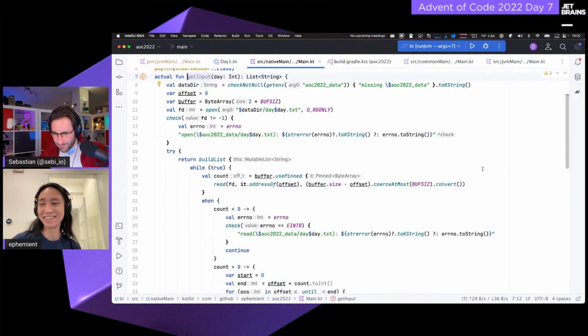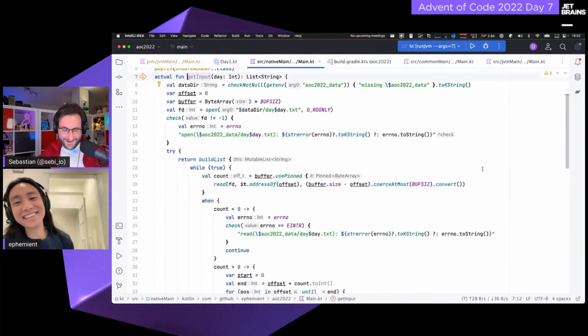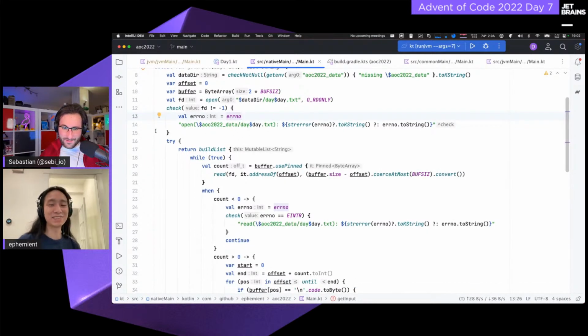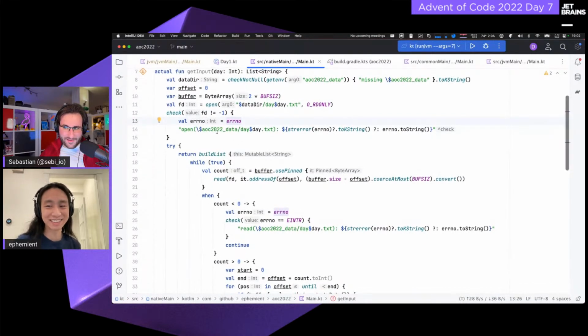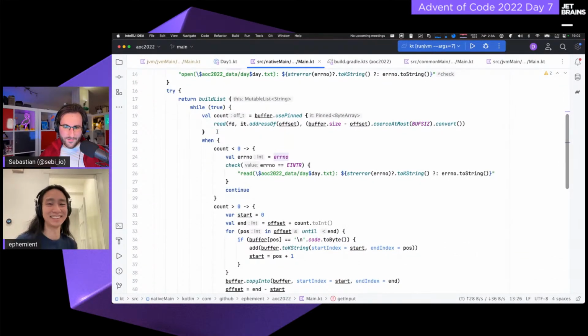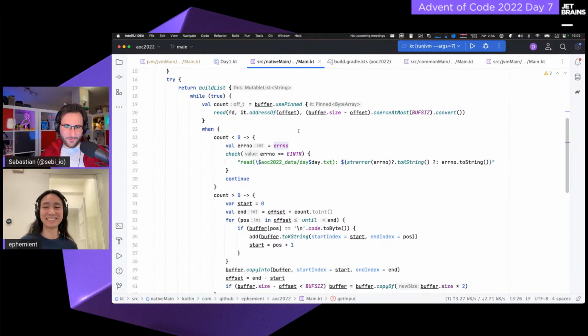So, it would be nice if this was easier in the future, but for now, this is what it is. Okay, all right. I have to admit, I'm not a Kotlin native person. I mean, this is basically the same as programming in straight C, just with different syntax, and with a little bit of funky stuff around. Okay, so here we're starting with syscalls. Yep. And then file descriptors, addresses, buffers.